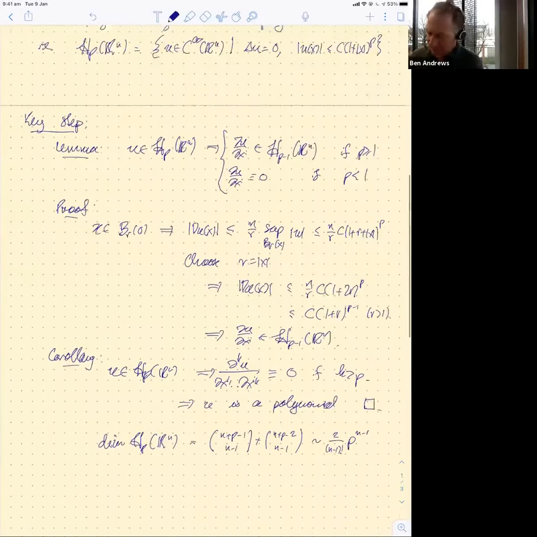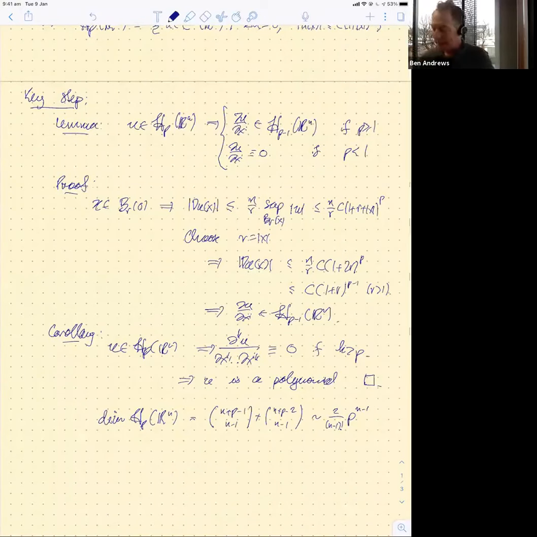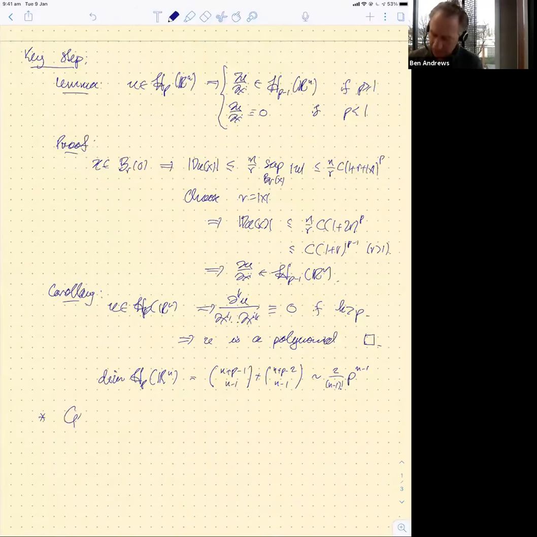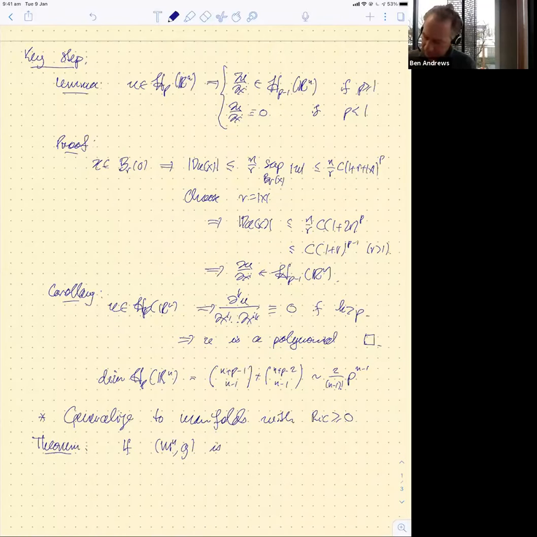All right, so really the big result which we're trying to get at is generalizing that finite dimensionality to manifolds with non-negative Ricci curvature. You can prove something a bit more general than that, but I won't try to do that. I'll stick with the non-negative Ricci case, and this is the result by Colding and Minicozzi. So the theorem which we want to prove is: if you have an n-dimensional manifold, let's say it's complete, non-compact, otherwise the result's kind of trivial,